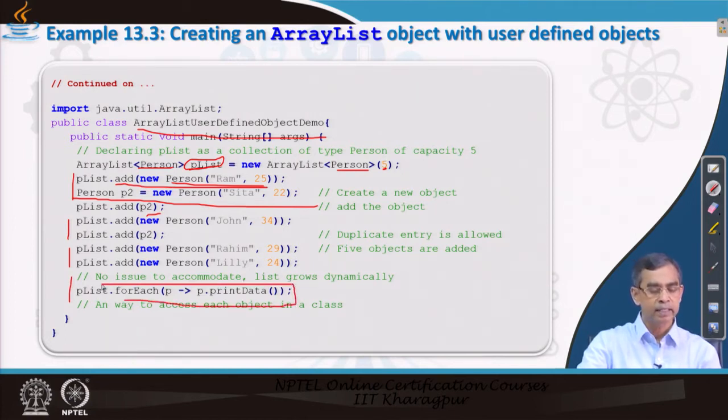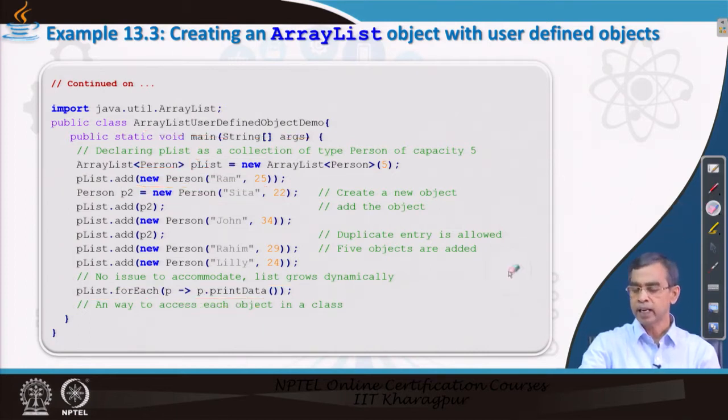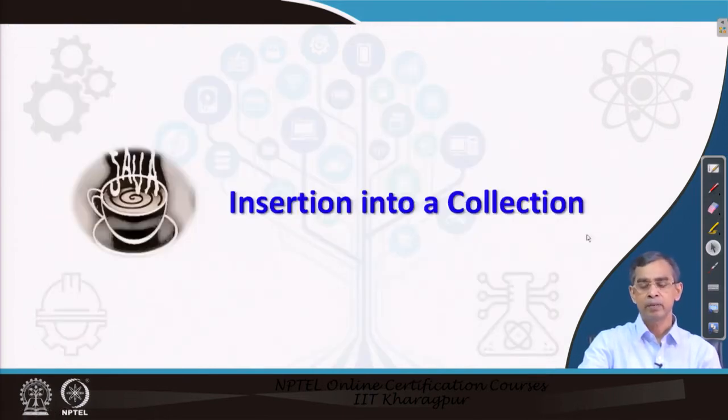That method is there in Java, it is called the for each loop. So for every element in the collection P list, it basically prints the data. This way you can create a collection of any type, in this case person type, and then later on you can access its elements, print it, or insert, delete, whatever the logic is, the same way, or the insertion method that is there in the Java collection framework.